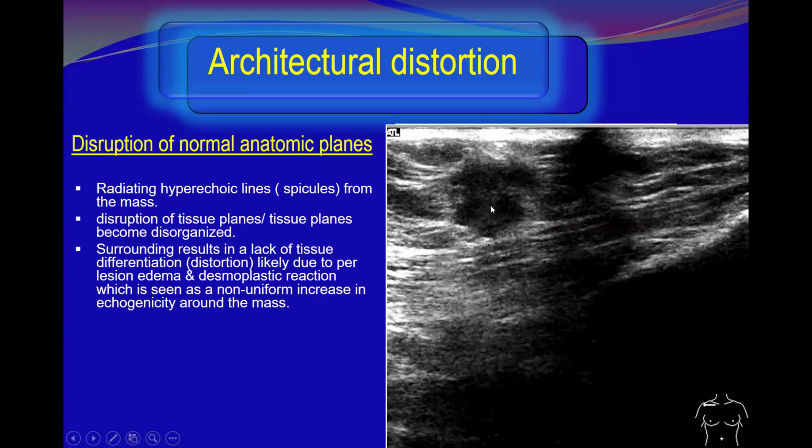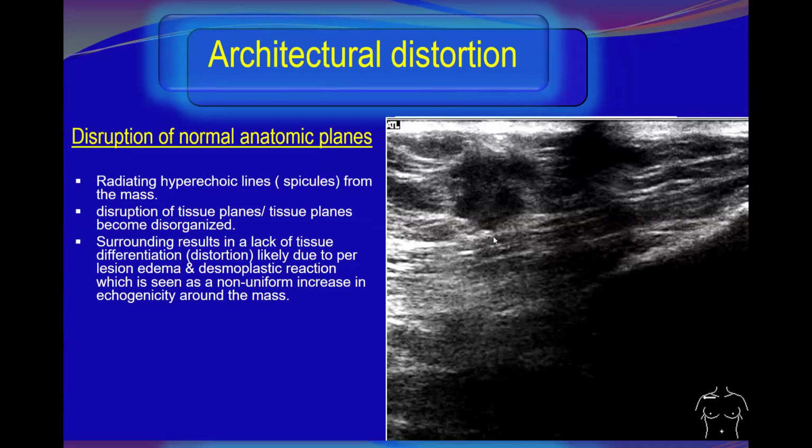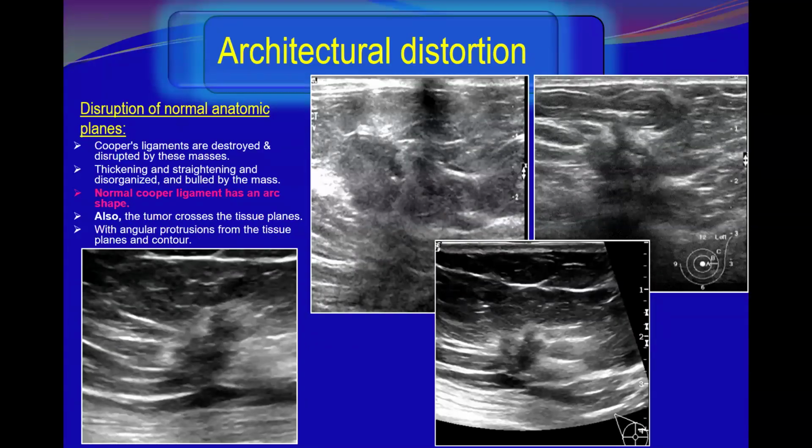Okay, and the surrounding, there is increased echogenicity, fuzziness, likely due to desmoplastic reactions and perilesional edema, which is seen as a non-uniform increased echogenicity around the mass, or the echogenic rind. Okay, can you see here the cut in the tissue plane? Okay, here we can see